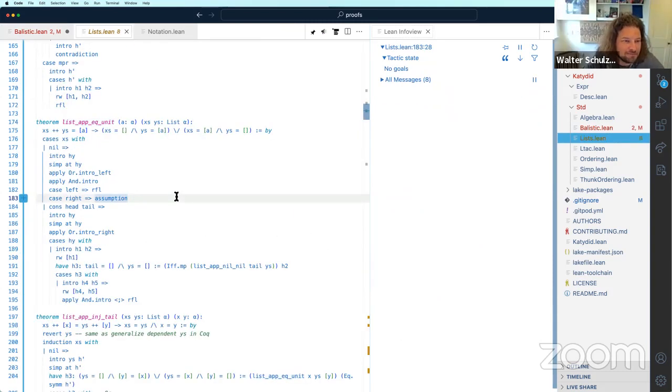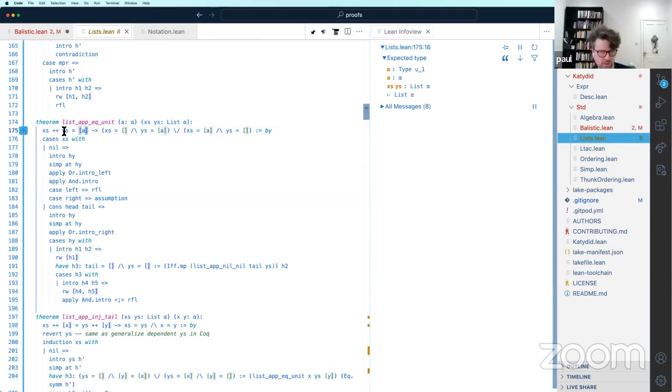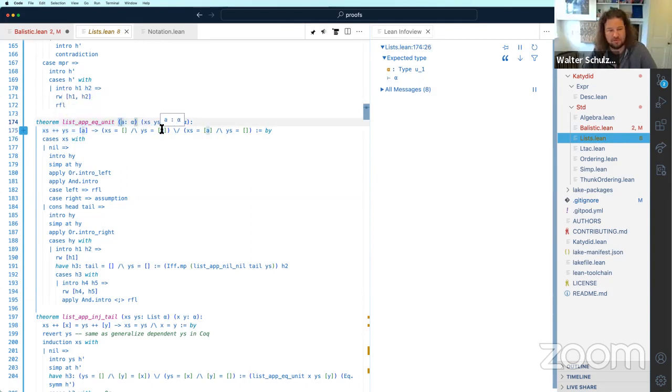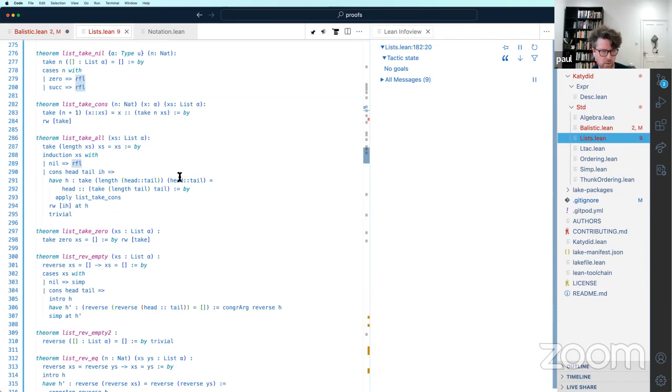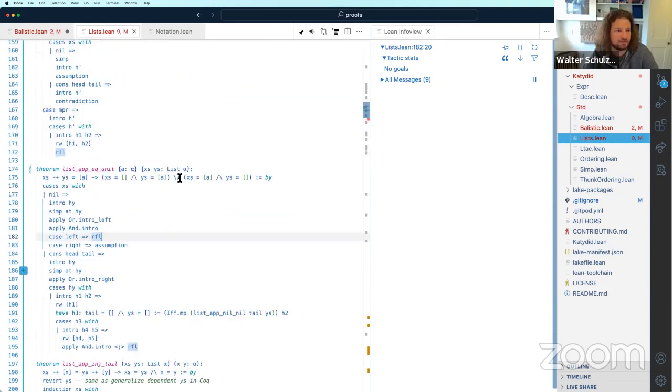Let's see. When you're going to apply this, I do think all of these are implicit. So I think we can get away with. Okay. And what theorem does that break?